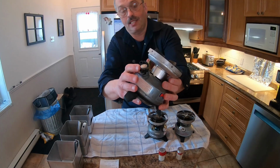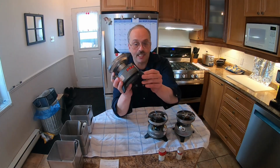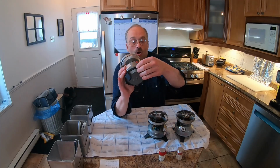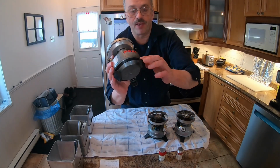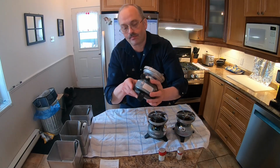But that was the big change. Okay, the rest, the leg system, the ring, they all come up with a better nylon resistance for the legs. Okay, like this one